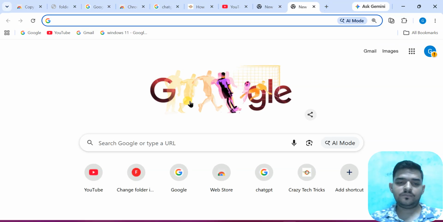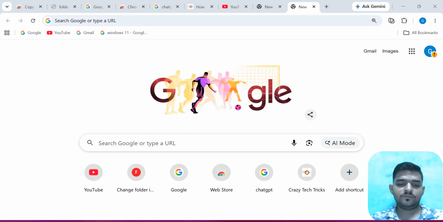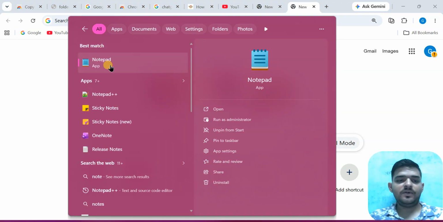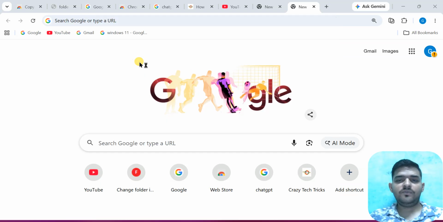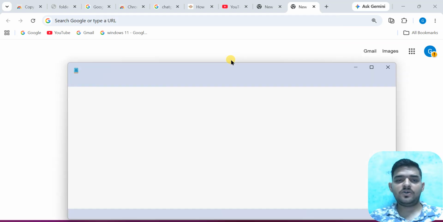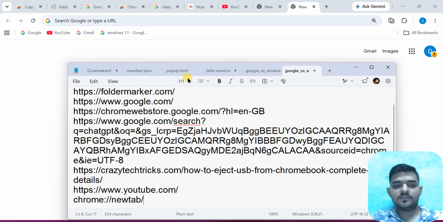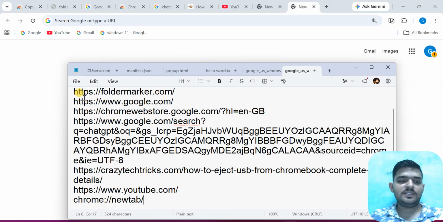Now open a place like notes, Word, or Notepad where you want to paste all the URLs. Press Control V. Here you will see the first one is folder marker, the second is google.com, the third is Chrome Web Store, the fourth is Google search,